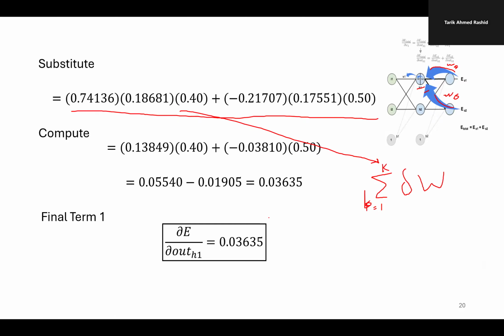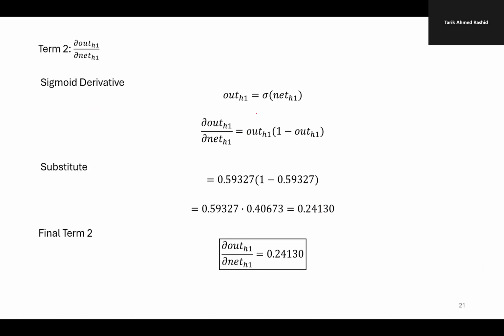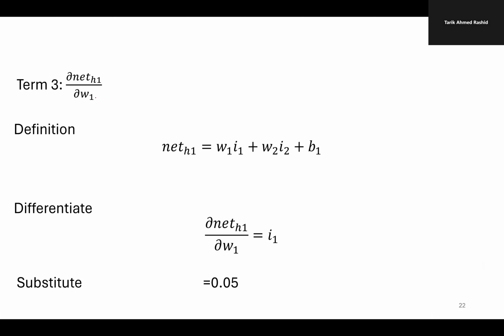Now the first term is found. We come to the second term. Second term, delta out at hidden layer 1. It will be out of hidden 1 multiplied by 1 minus out of hidden 1. So the second term is found. And we have to find the last term, which is net H, okay? Delta net over delta W, first connection. So this one,